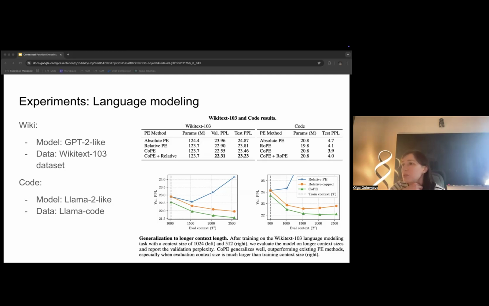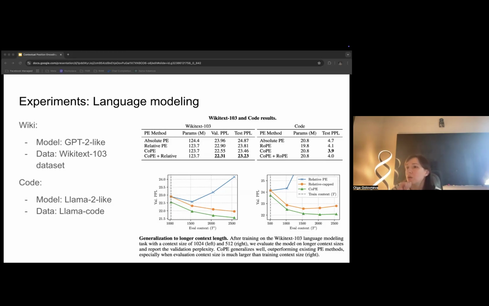What's interesting here also is generalization to longer context. We test how well COPE generalizes to context longer than it was trained on. As COPE assigns position conditioning on context, it's capable of distributing positions over a much larger number of tokens. While the number of tokens was fixed during training, the number of positions will vary depending on each sample. Thus, it's possible that tokens outside the training span still get position values that are within the maximum limit Pmax, and it will show much better generalization. As we can see in the picture, the green line, the perplexity is the lowest.